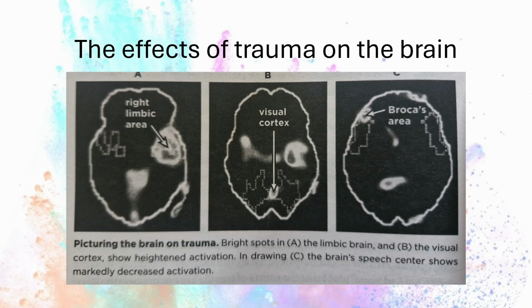So with that in mind, let's have a look at this image. This is taken from Bessel van der Kolk's book, The Body Keeps the Score. I used this image to further explain what happens to the brain when a person is triggered and/or has flashbacks due to the traumatic experience from which resulted PTSD.